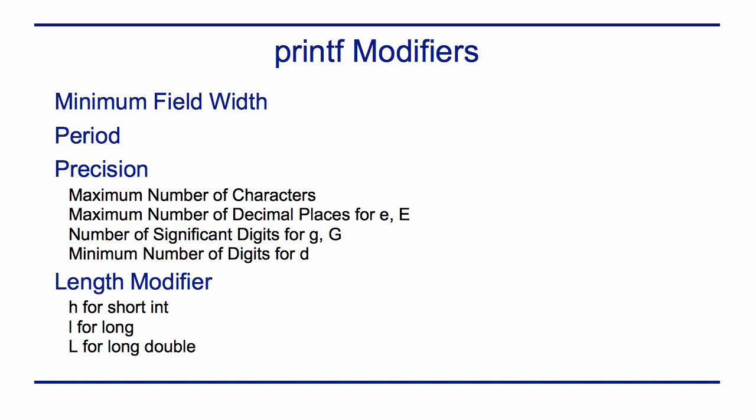Following the minimum field width may be a period. Following the period is a number indicating the precision of the formatted data. This determines the maximum number of characters to be printed. Data types will be truncated or rounded to fit. This is most useful for the E and F formats, where it denotes the number of digits to be printed